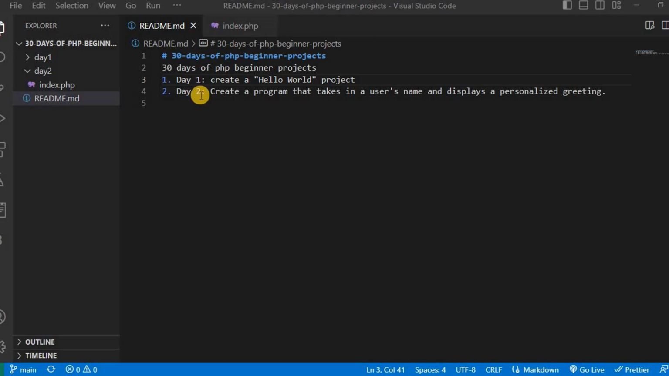Hi everyone, so we have day 2 of the 30 days of PHP, and we're basically going to create a program that takes in a user's name and displays a personalized greeting. So we have here a folder created called day 2, and inside day 2 we created